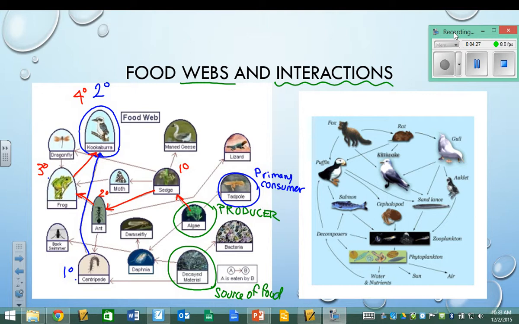Now I could go ahead and I could do the same thing and instead of following the frog to the ant, I could follow the frog to the dragonfly. It would be approximately the same answer. Now according to this food web, that organism would be called a carnivore because there's no place in the food web that shows that the kookaburra is directly eating a plant. But like someone asked during the daily review, that doesn't mean that it couldn't. That just means that in this particular representation, the only thing that it's showing that it's eating are animals, so it would have to be classified as a carnivore.